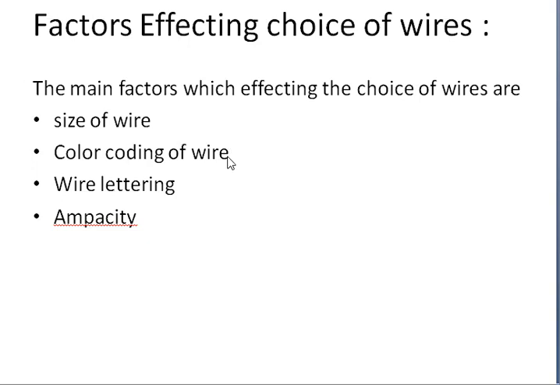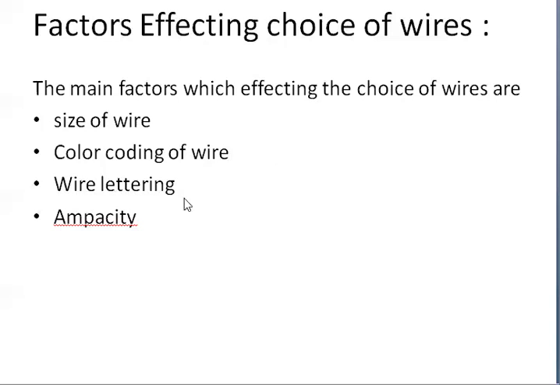And coming to the second one, that is color coding of the wire. So the color coding of the wire represents the different wires or phases. That means in power there exist single phase and three phase. For the single phase there exist three different wires. Those are line wire, neutral wire, and ground wire. For the line wire, the color is indicated with red or brown, for the neutral wire the color is indicated with black or blue, and for the ground wire the color is indicated with green.